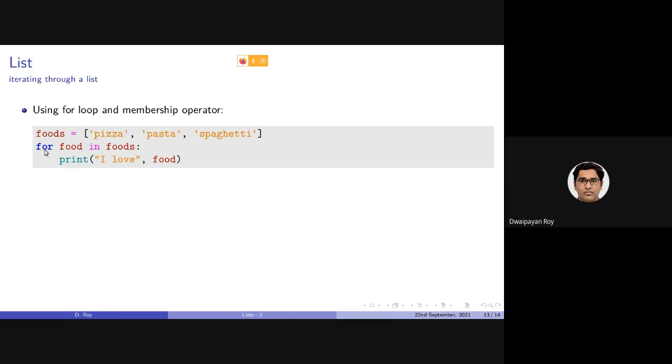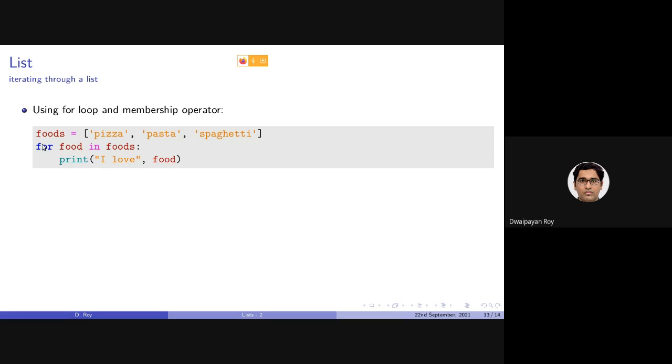Remember, this kind of notation we have already used while writing range, right? So in order to print from 0 to 9, using a for loop, what we have written is for i in range 10, then colon, then print i.